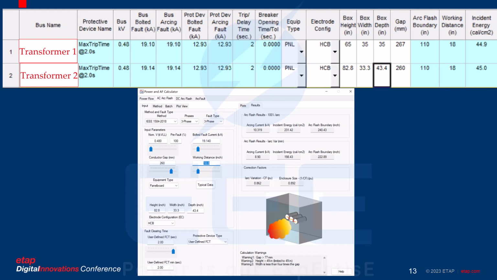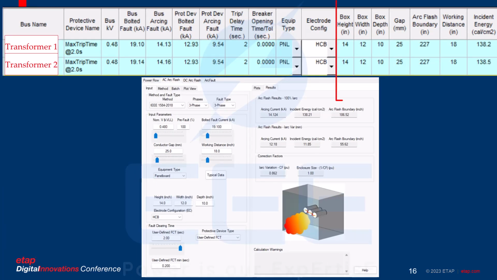Well, this is what I told the group. Check this out. I will now make some change to your simulation file, and I will change 4 data: height, width, depth, and gap. And I will rerun the study on your software. Everything else will remain the same. There are no changes in current, voltage, breaker time, working distance, enclosure configurations. 14 inch, 12 inch, 10 inch, 25 millimeter gap. I will run the study. New cal number